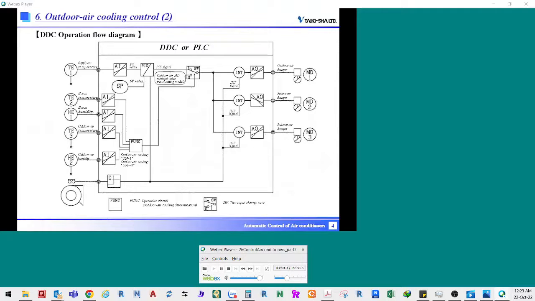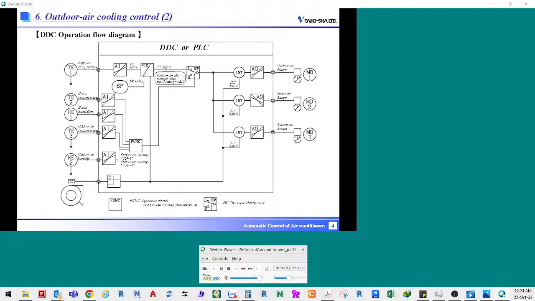The temperature signal transmitted from the temperature sensor TE1 is adjusted in the AI module based on the zero point and range which are set in advance. The adjusted value is sent to the PID module as the present value, PV. The supply air temperature setting value is set in the SP module in advance. The set value is sent to the PID module as the SP value. The PID module calculates and compares the SP value and PV value, and sends the attained PID control output signal